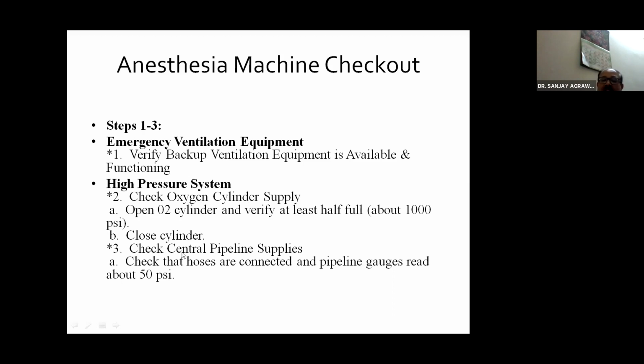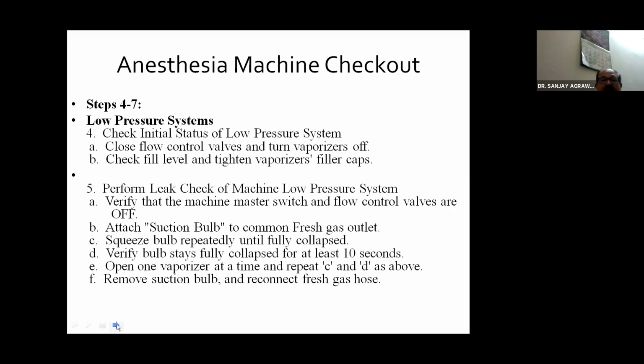Close the cylinders and then check the central pipeline supplies. Again, the pressure gauge must be reading at least 50 psi. This is the first check. Steps 4 to 7 are to check the low pressure system, check the initial status of the low pressure system,